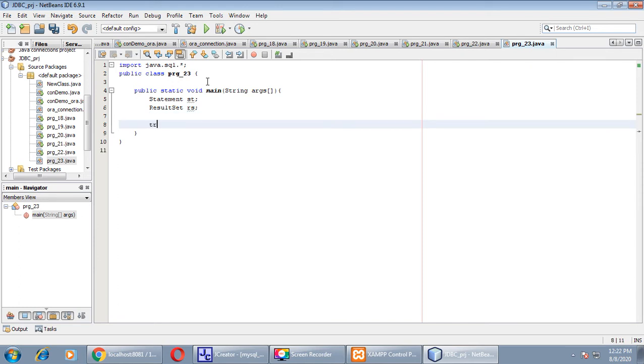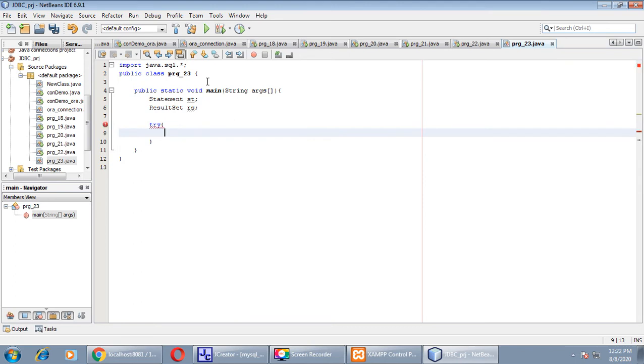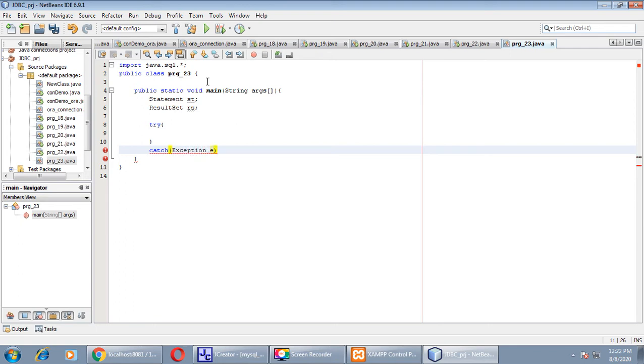Now try block begin. We'll prepare the structure first, the basic structure for our program. The skeleton is ready.